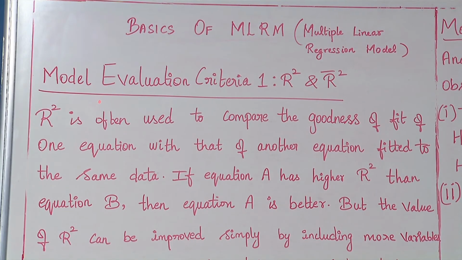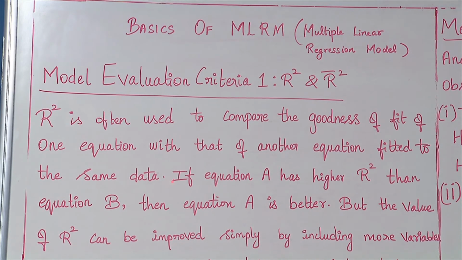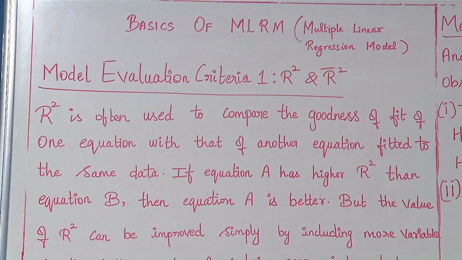We are now going to see how to evaluate an MLRM model. It comes under various criteria. Now let us see the first criterion, model evaluation criteria 1, where we look at R square and R bar square and give the conclusion. R bar square is often used to compare the goodness of fit of one equation with that of another equation fitted to the same data. If equation A has a higher R square than equation B, then equation A is better,